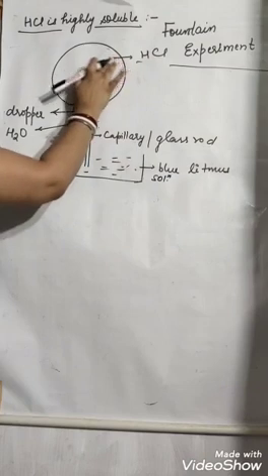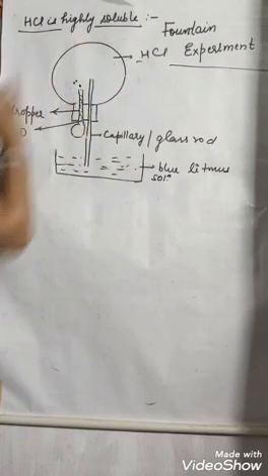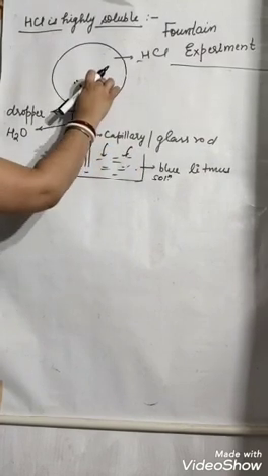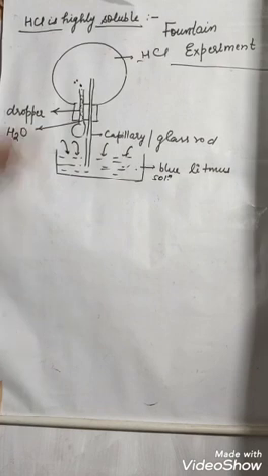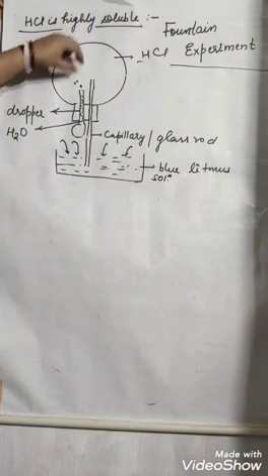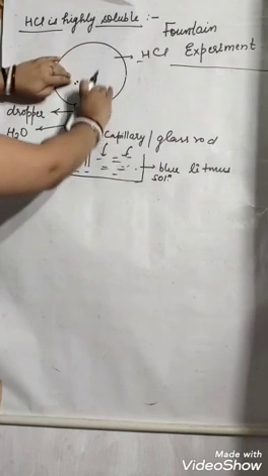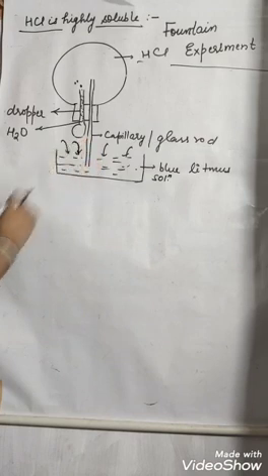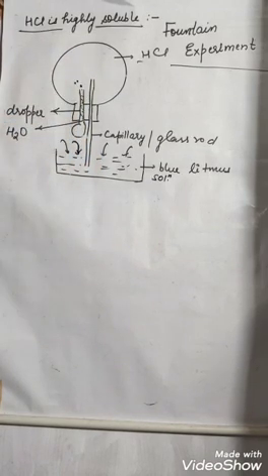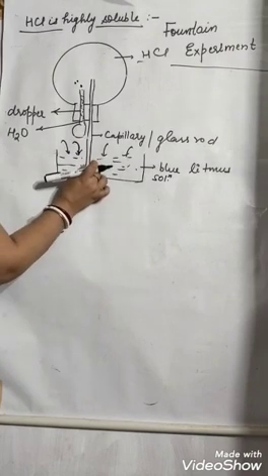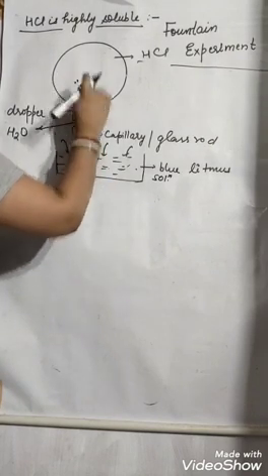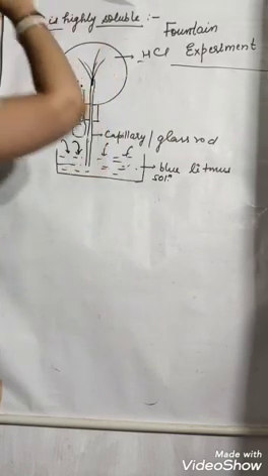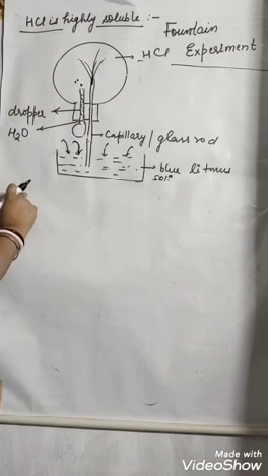So they create a vacuum. Pressure will create it, right? Up here atmospheric pressure is taking place. Inside pressure gets decreased, because all the gas particles will dissolve in a water. So there will be more space. So here atmospheric pressure will be higher and there pressure will be lower. So this blue litmus will start going inside, and it will go inside and come in the form of fountain.